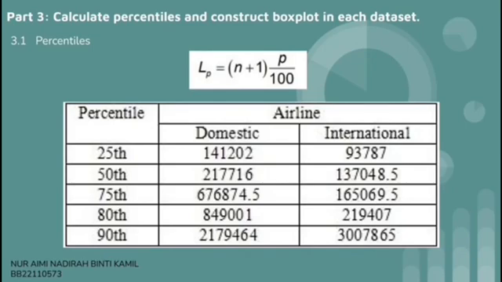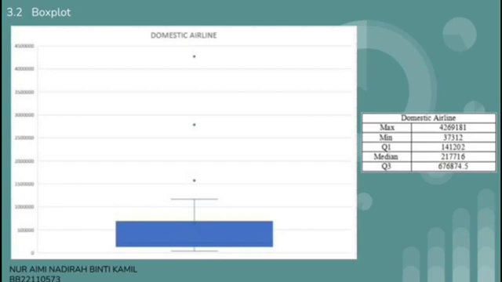Part 3 will be calculating percentiles and constructing box plots in each dataset. To calculate percentiles, we will be using the formula L_P equals (n plus 1) times P over 100. Next, the box plot will display 5 summary values, which are the minimum value, first quartile, median, third quartile, and maximum value. The box plot shown in the slide is drawn using the domestic airline data, which shows the